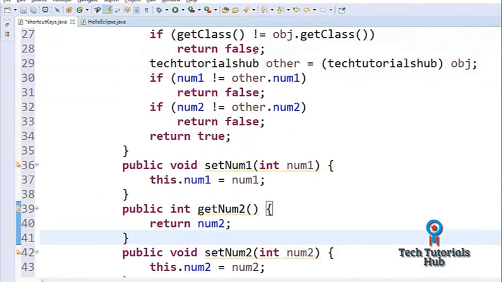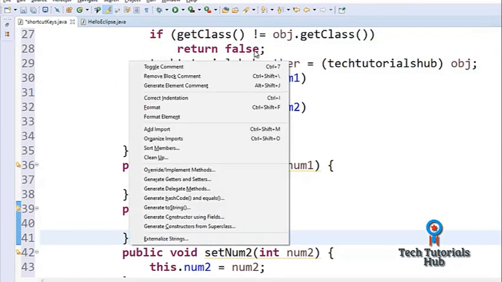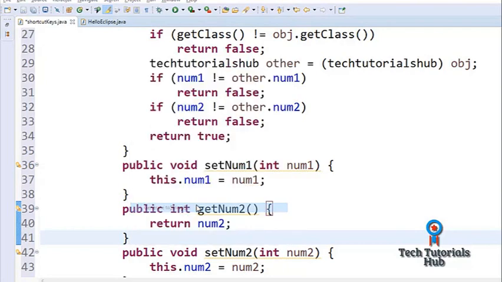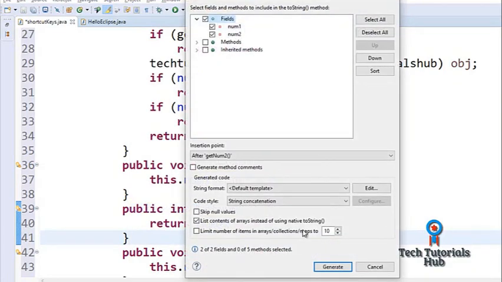Similarly, if we press Shift Alt S, now we can also generate toString. It will also generate it automatically. We can also generate methods, get num, whatever we want, but we want only these two fields. Okay,